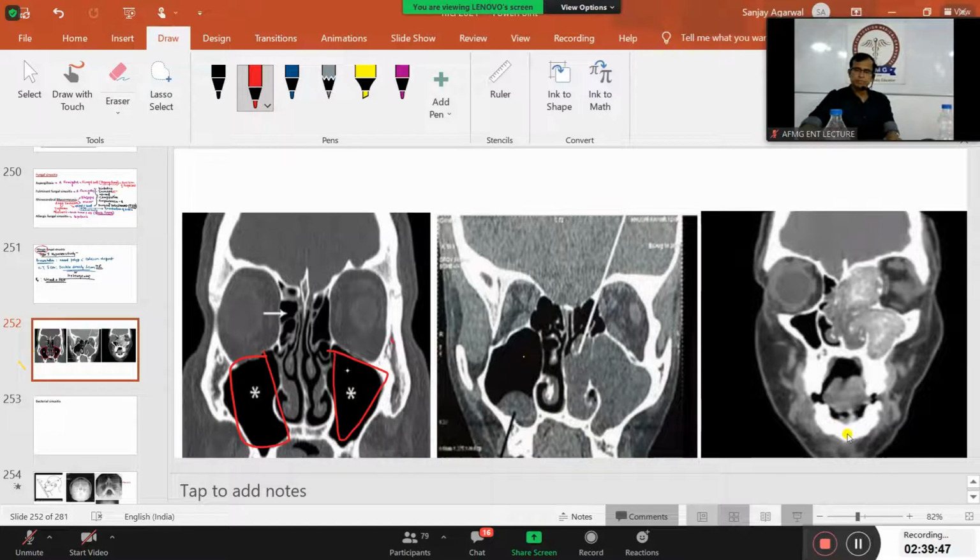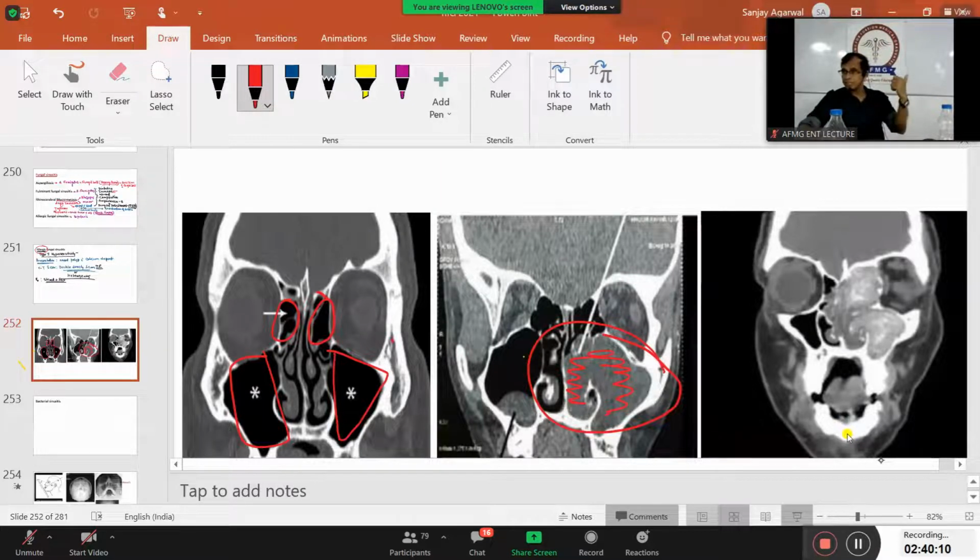This is ethmoid. Black का मतलब normal. So this is normal CT scan of the sinus. Look at this one. Polyp. But look at the density. It is the same density throughout. The whole polyp has single density,